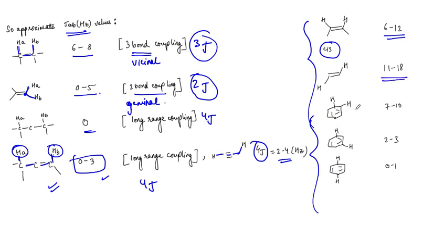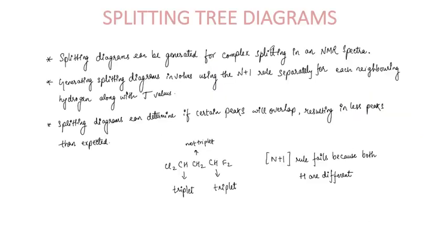Now comes the aromatic. Ortho is going to be 7 to 10. There is also meta coupling. A lot of times meta coupling is given in the CSIR exam, and you must have an eye to look at the meta coupling value, 2 to 3 hertz. Para coupling is not often used because it is very low, not observed. So the most important ones for the aromatic are the ortho coupling and the meta coupling. This is the most important part of clearing the splitting concept for you.